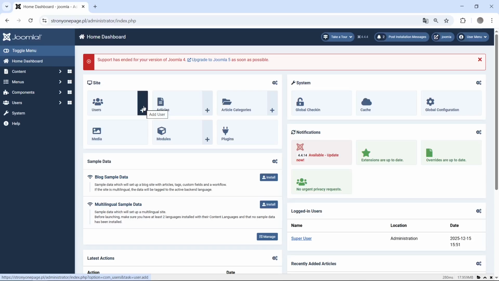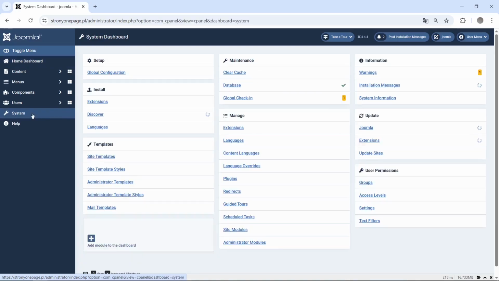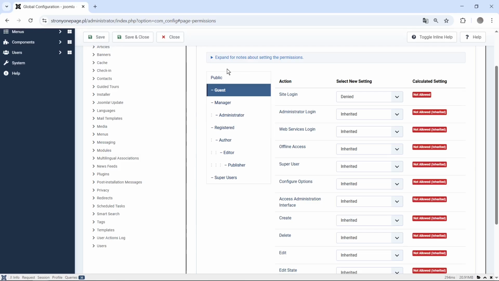Hi, in this tutorial I'm going to show you how to change permissions of users and admins in Joomla. So for example, if you want to do it, you need to log into your administration panel, and after that you need to go to system settings. Then we will see here a lot of really useful options, but of course we are interested in the user permissions. So we need to go to settings here,